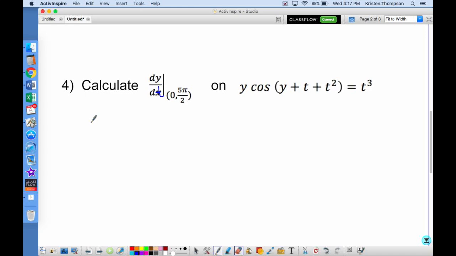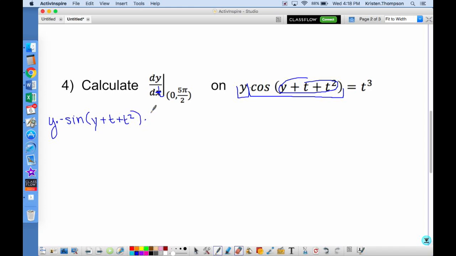So I just need to take the derivative and plug in the point. First step is to take the derivative with respect to t in this case of both the left and the right hand side. I noticed for this problem that I actually have a product rule, y times a cosine, and the cosine has something inside of it other than just a basic t, so that makes it a chain rule as well. Let's proceed with our derivative. Product rule. Leave it alone, take a derivative. As soon as I get to the derivative of cosine, it's a chain, so I do the derivative of the outside, negative sine, evaluated at the inside, y plus t squared,